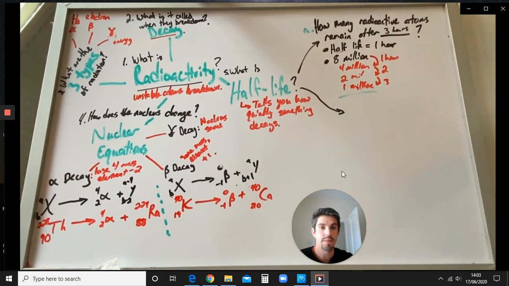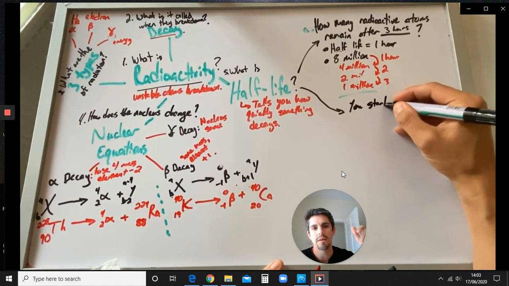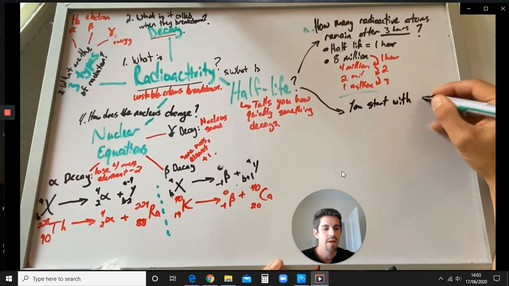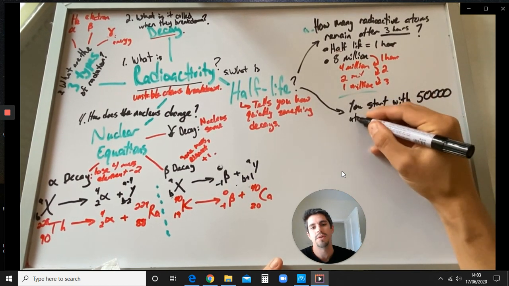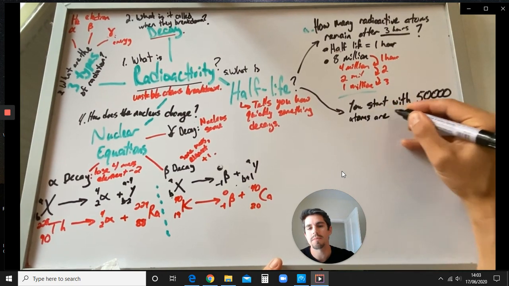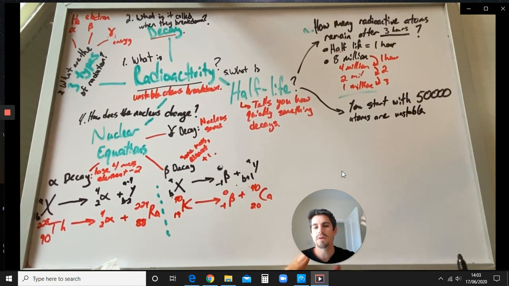Now the next question I'm going to give you has a different half-life. Every radioactive substance has a different half-life. They're all unique. So for this type of question, you have to work out the half-life, but they tell you how much you start with and how much you ended with. I'm going to give you some nice round numbers here, 50,000. So that's how much you start with.